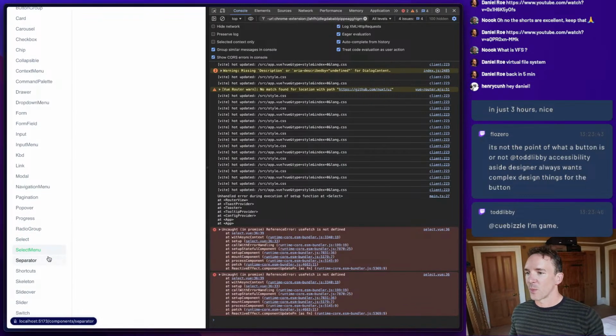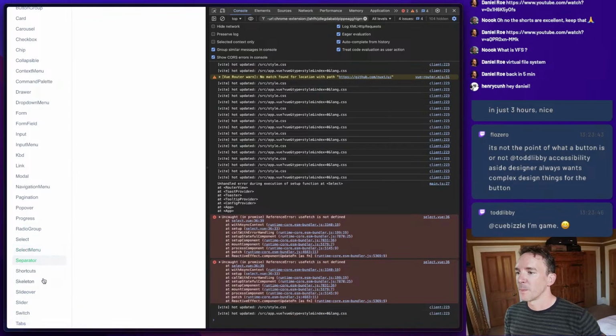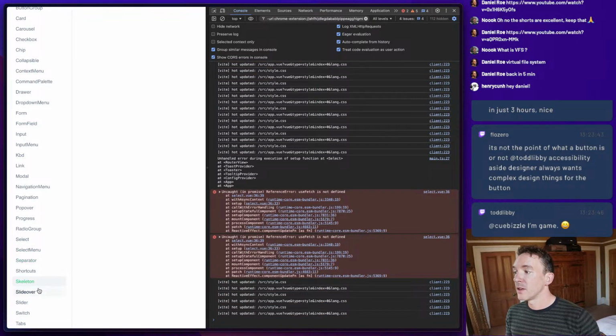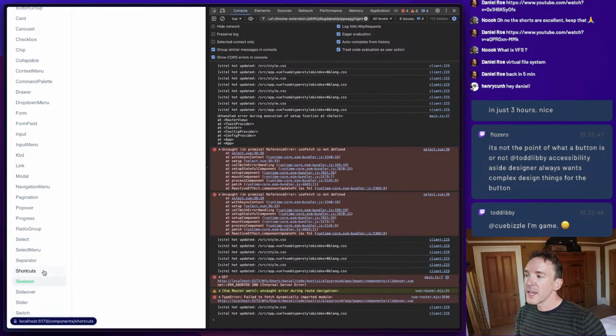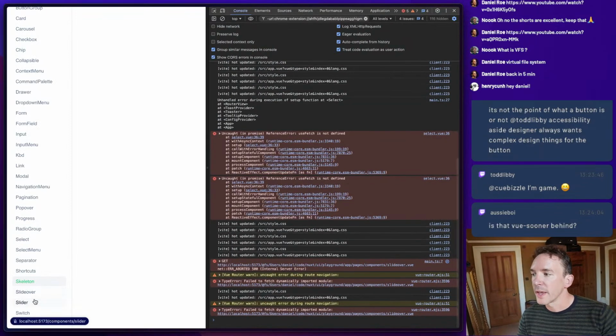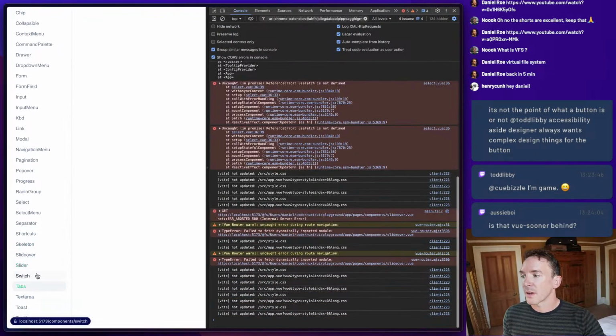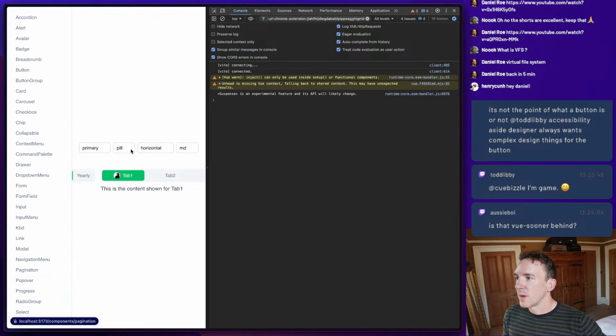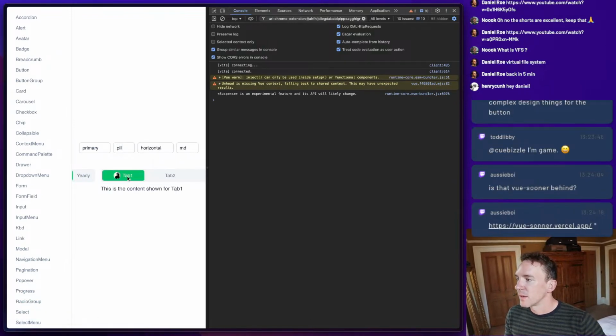But this is very cool. And the also use fetch, it's just not working in the playground. That's not a Nuxt UI issue. That's just because the playground relies on Nuxt. But if you're building an app without Nuxt, it'll be fine.